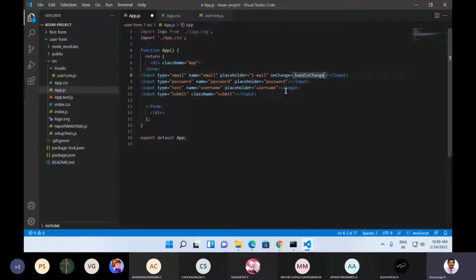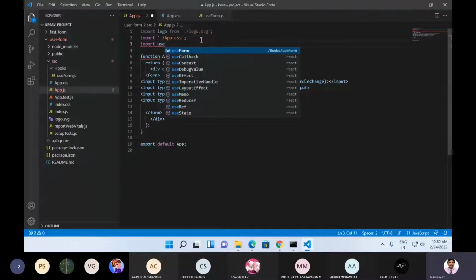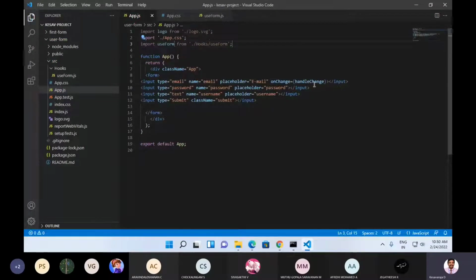Okay, fine. So here I am now using useForm. You can import this useForm here. It's automatically imported. Then the handleChange function is taken. So handleChange function, which is from useForm, is a hook call from useForm. So whenever needed, one second,